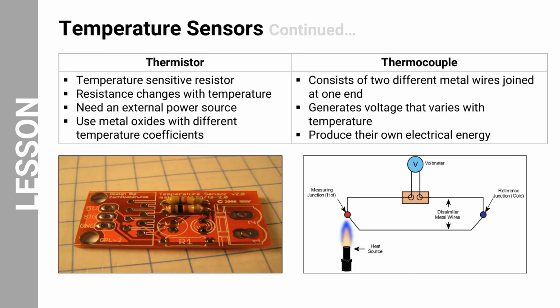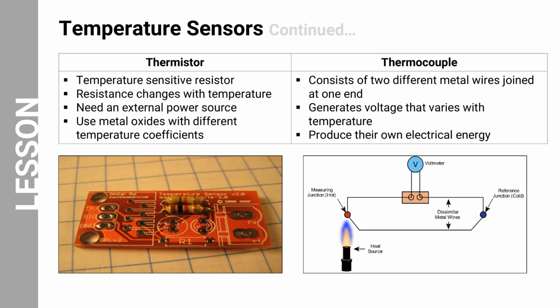A thermistor is essentially a temperature-sensitive resistor that exhibits changes in its electrical resistance as temperature varies. It utilizes metal oxides with different temperature coefficients and requires an external power source to function. The thermistor can be seen in the image, where it appears as a small component on a circuit board designed